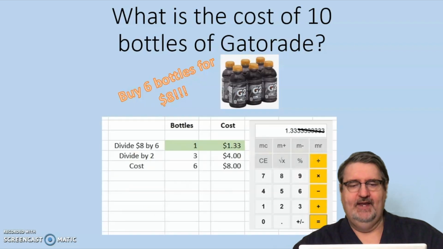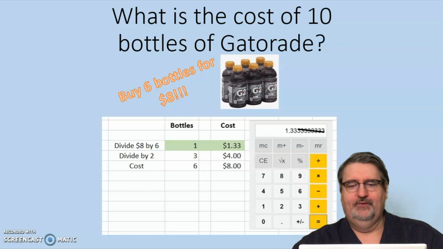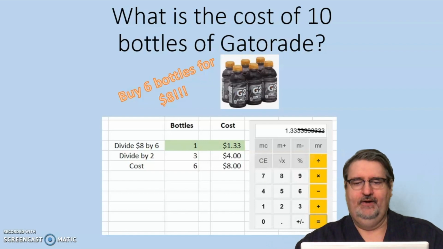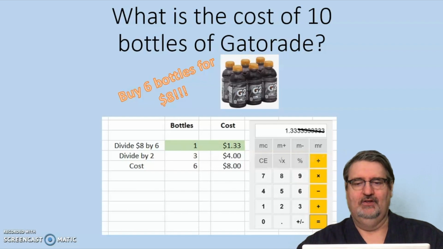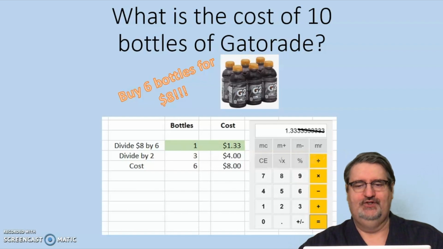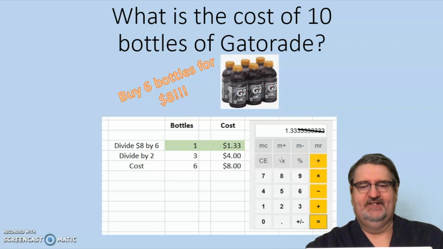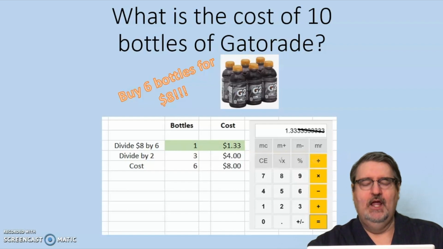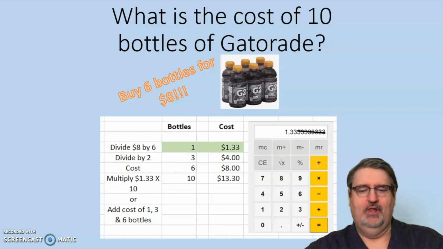And if you divide by 6, then you get 1.3333333 on a calculator. But since we're talking money, we're only going to call it $1.33 and use only the first 2 digits beyond the decimal. So we know that 1 bottle costs $1.33. The question asked, what is the cost of 10 bottles of Gatorade? So at this point, we're going to multiply $1.33 times 10 for 10 bottles, and we come up with